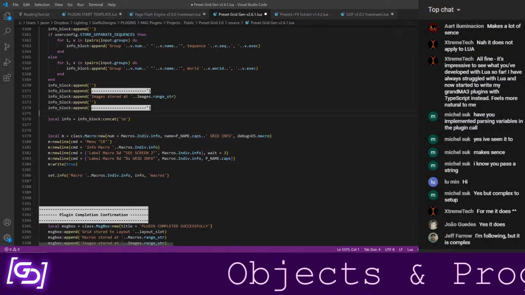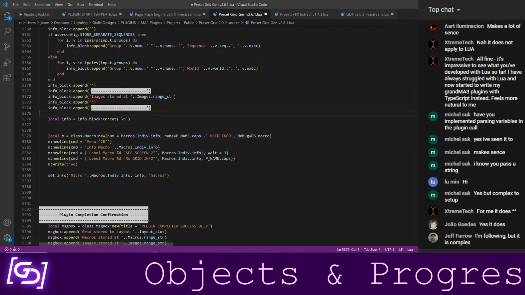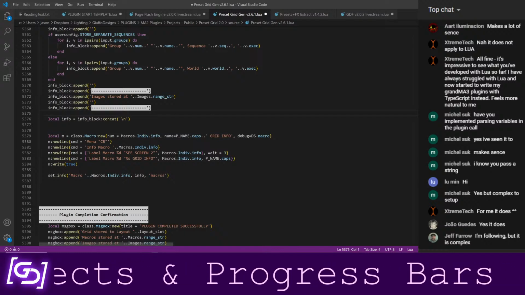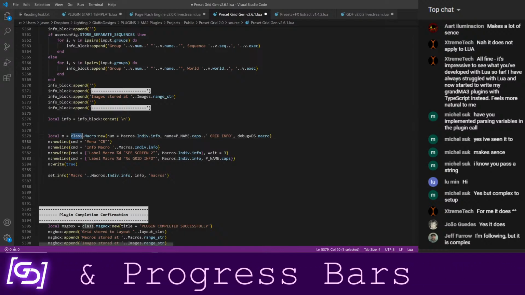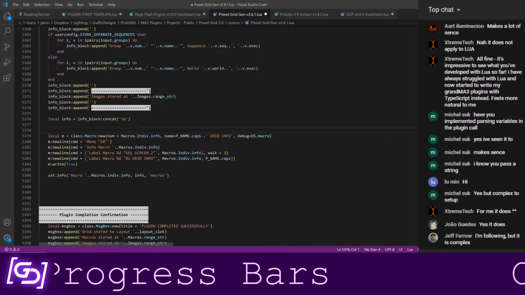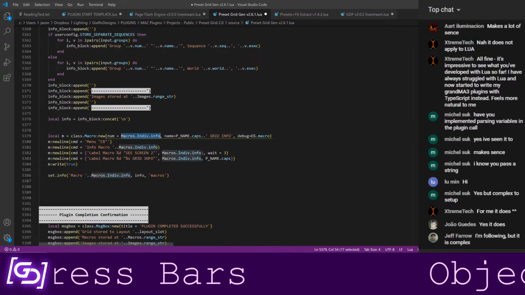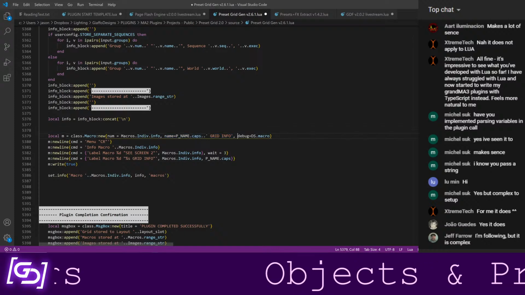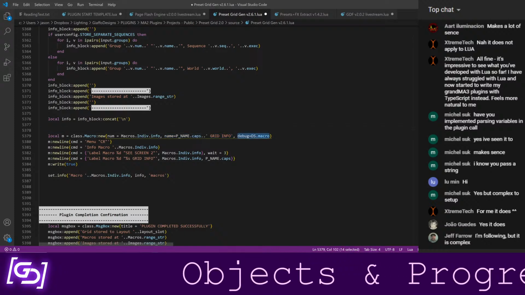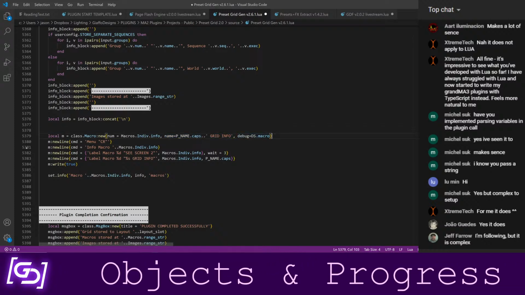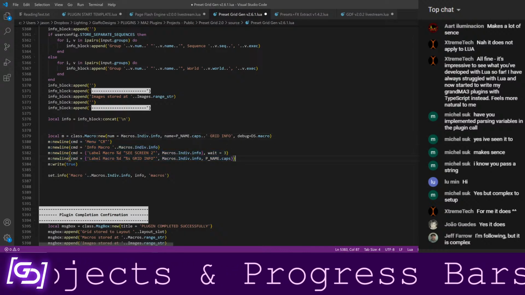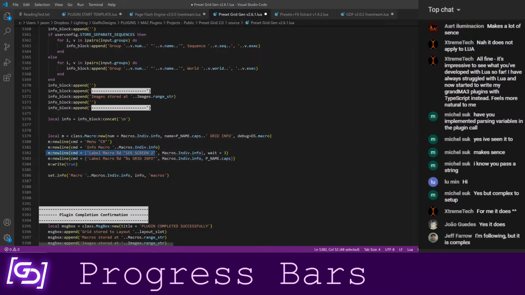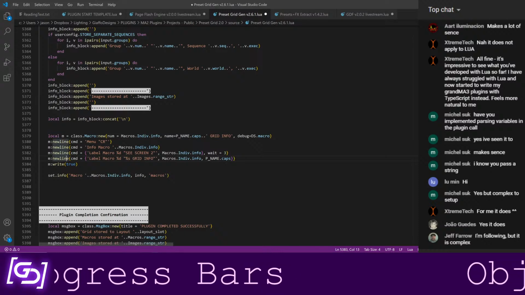So for example, if I am making a new macro, I want to tell where that macro is going to be stored. I want to tell it what the name of it is going to be. This is just some construction information, and I can also just set the info in here. I can then just go through one line at a time and say macro new line, here's the command. Macro new line, here's the command. Macro new line, here's the command.